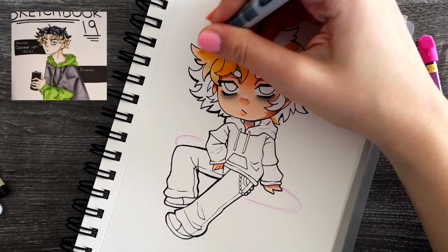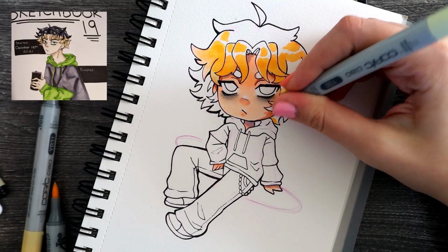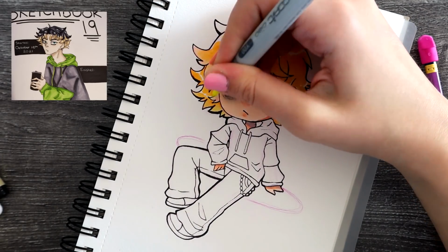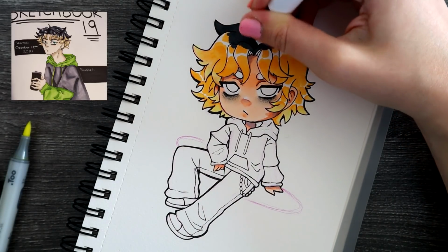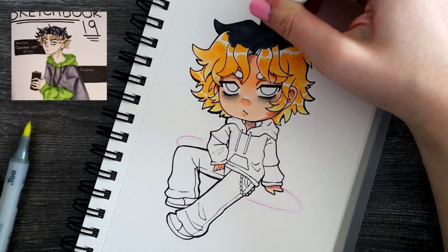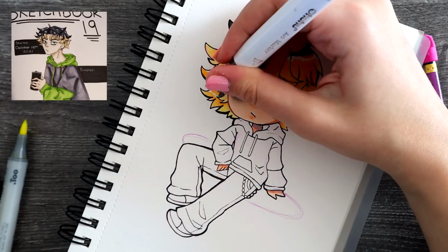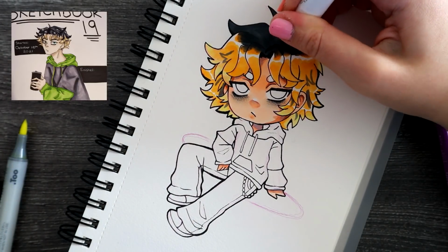His design was a little more straightforward. The only thing that I had some trouble replicating was the coloring of the hair, how it fades from dark black on top into blonde. Just because the cutoff point I gave it was right where the highlight was going to be, and then I was like, oh shoot, I think I could have done this a little differently. So I had some trouble there making it look natural, especially since it is such a harsh color change rather than a gradient. But yeah, that's the only thing I really had trouble with there, but everything else was pretty